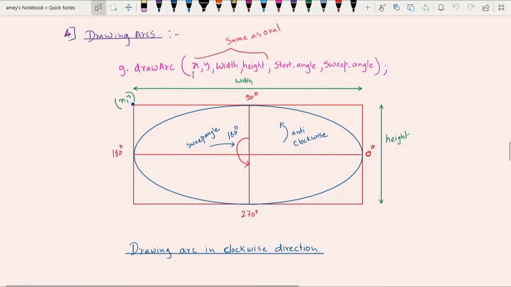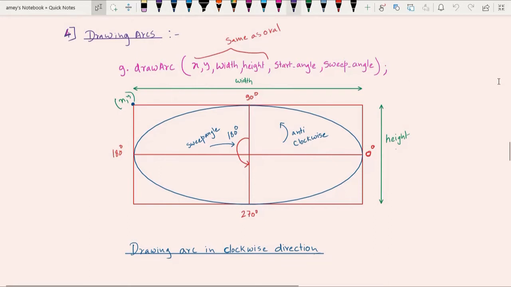So first you specify what is x comma y, then you specify what is the width, what is the height. So that will internally create an oval for you, and now from that oval, the last two parameters are going to select an arc from that full oval. So here we specify the start angle. Suppose I specify start angle as 90 degree.